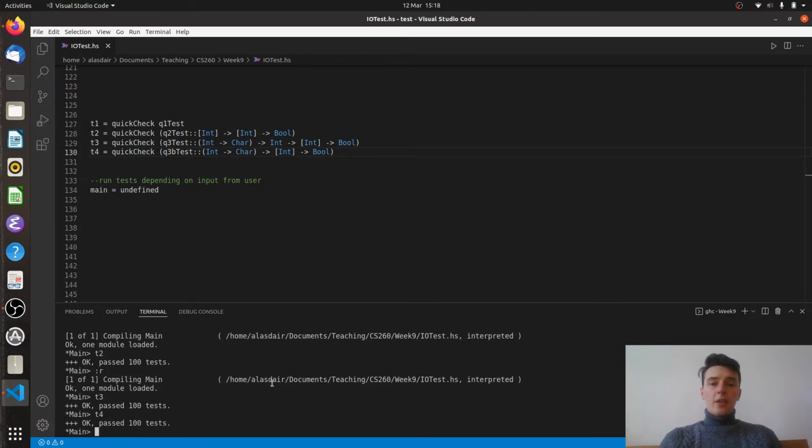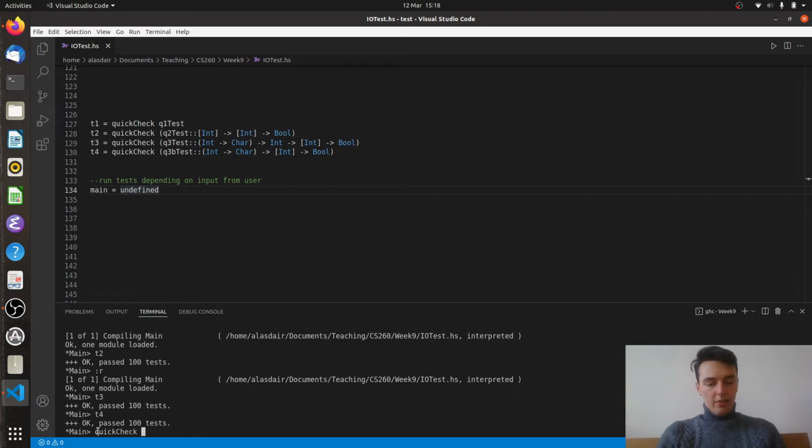And there we go. So you can see that even though this REPL hides some of this behavior from you, this is something that can happen that can make your test fail. Especially if we tried to call these in an IO setting, as we will do in this main, we would have some issues even if we just did QuickCheck Q2 test in this main method. However, you can get around this by casting to the concrete type and sidestepping the problems that arise because of the parametric polymorphism. As I say, the REPL loop, that's this terminal here when we're in main or Prelude, this has default behavior when it doesn't know what type to use,